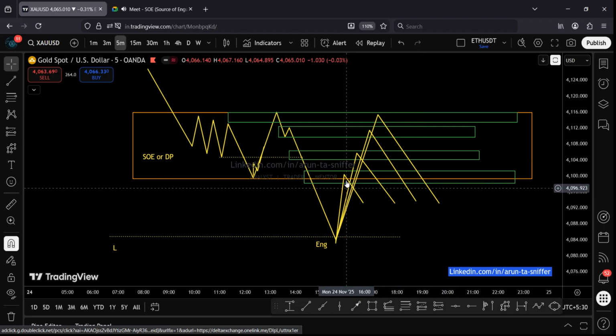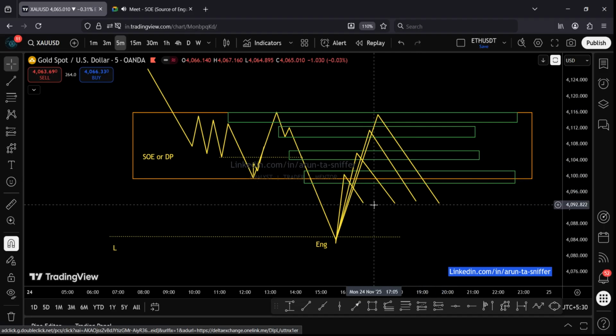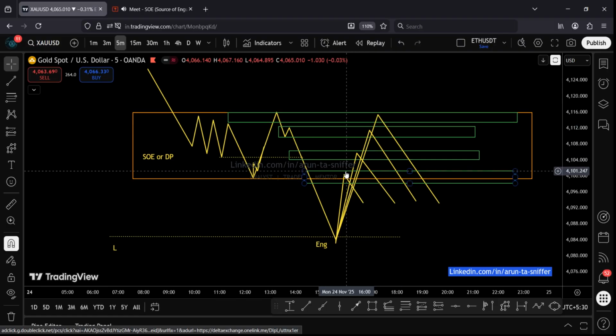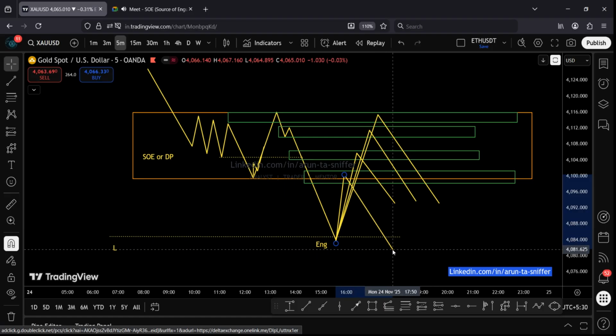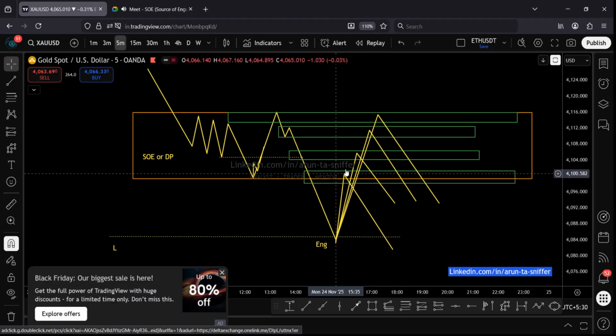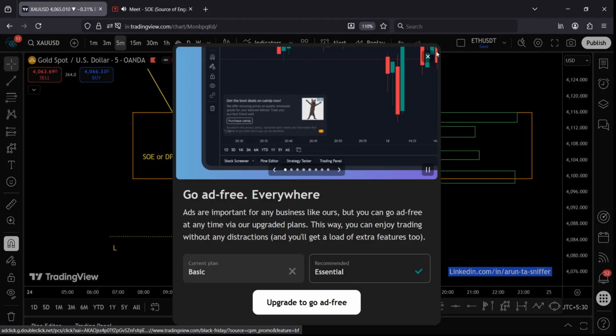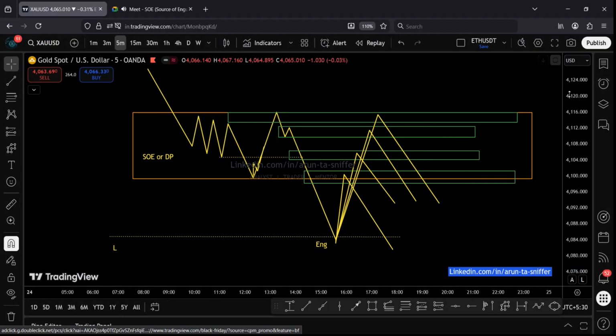And these can also work as entry zones. If the price hasn't reached the MPL, we use PA to enter in this zone. I think this is also possible: price goes up and falls down from here, right? So these zones not only work as a target but also as an entry for the target of the next zone where